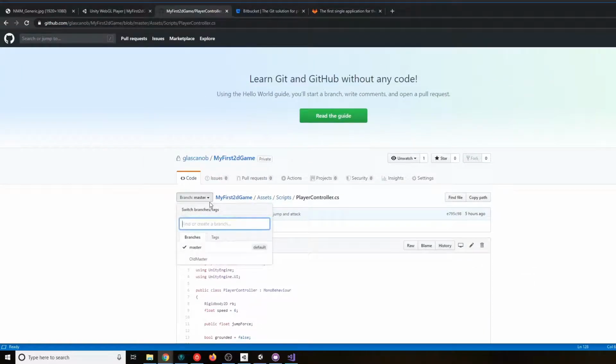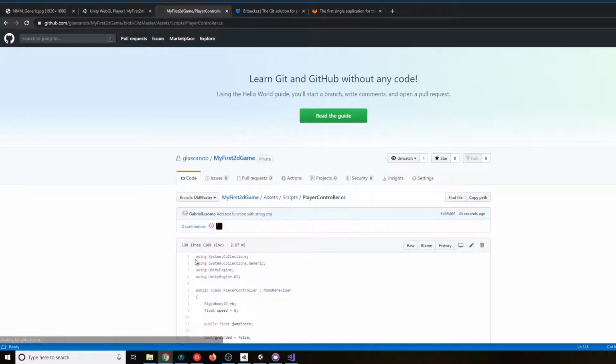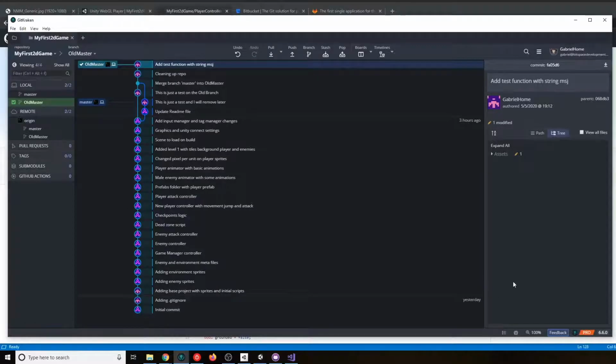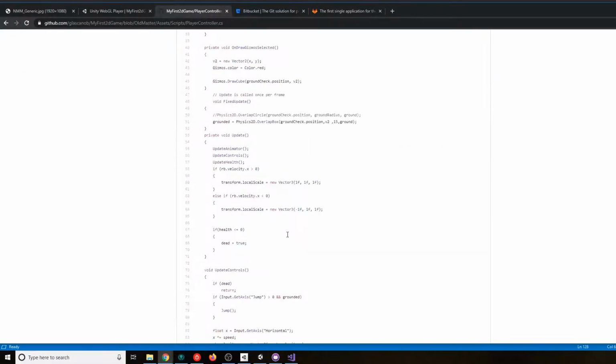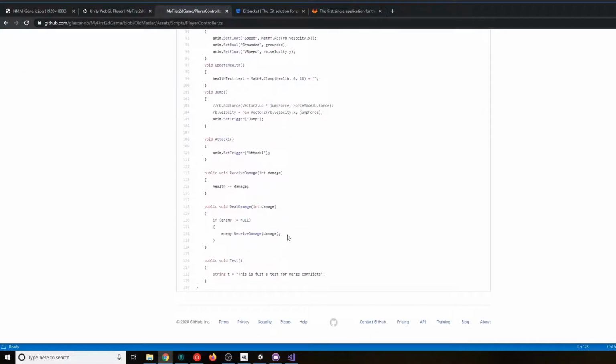Oh, sorry, I need to switch to the old master branch. So yeah, remember we are working on the old master, not the master branch. As you can see, on the master branch there were no changes because I'm not changing anything on the master branch. I'm doing it directly on the other one. So you see here my test.